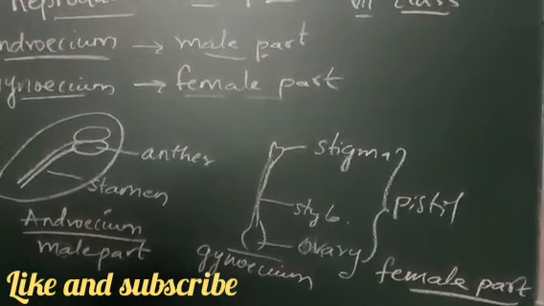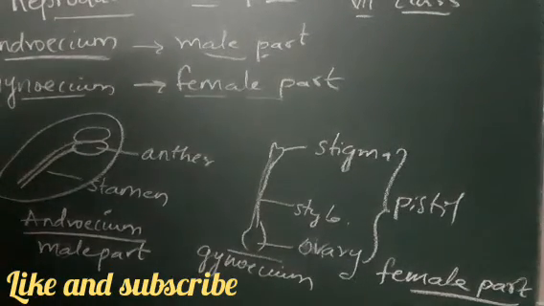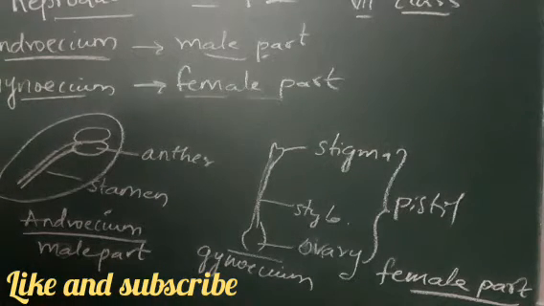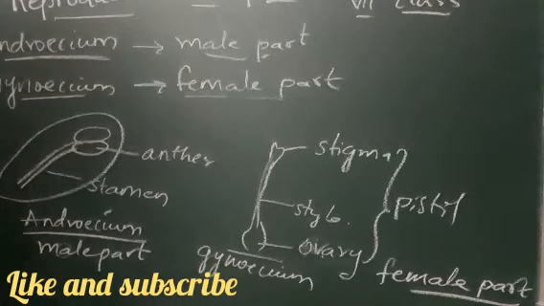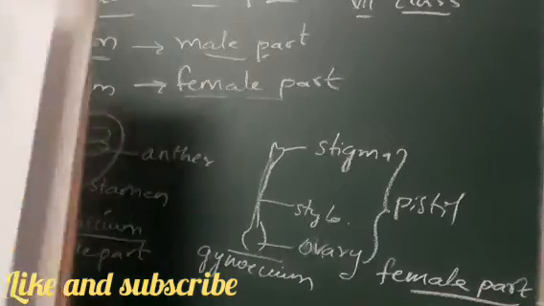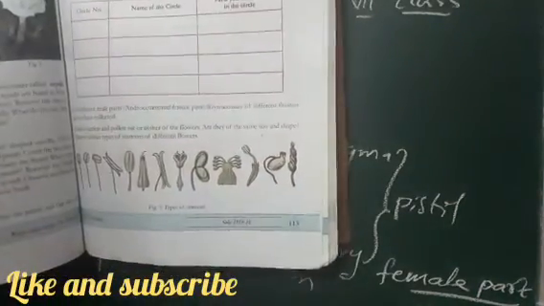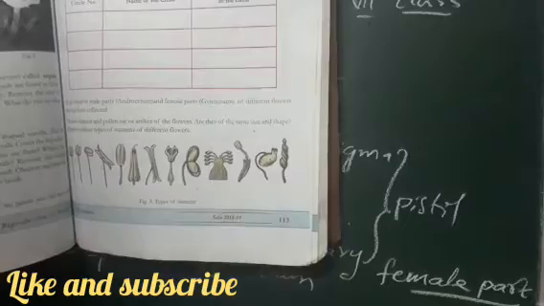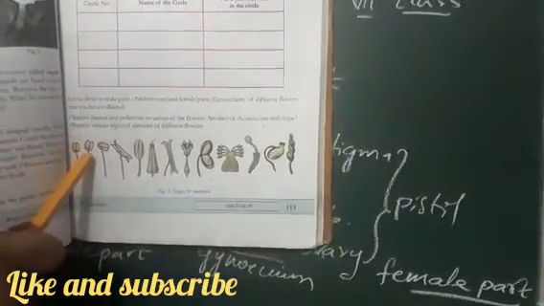Fine. So next we'll go with the different types of androeciums, the different types of anthers. We will just have a short look, but we will not go deep, because this can be learned in your higher classes. We will just see how many types we can see. These are the different types of anthers you can find here.